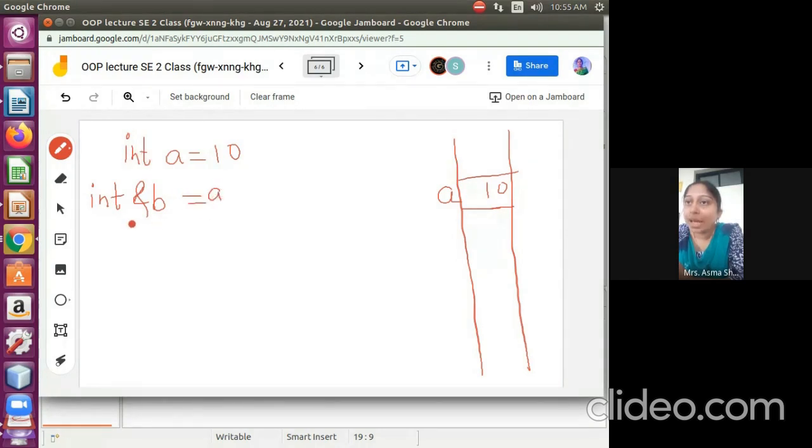Now what exactly is happening when I write ampersand? It is allocated to the same memory location when I assign ampersand. Ampersand works as a reference variable. Reference name means I am referring to it by a different name whenever I need to.